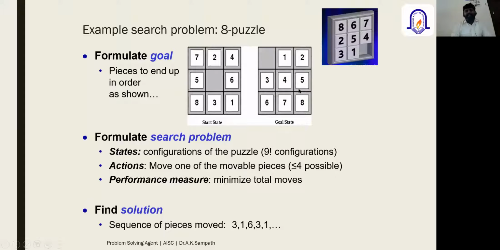Again, when you talk about the goal state, from here we are going to move into this state. The first box should be empty, followed by 1 2 3 4 5 6 7 8. So this is the problem as well as the goal, right? When we talk about the solutions we can find for this problem, first we need to identify the different states, then different actions, and then the performance with respect to the problem.